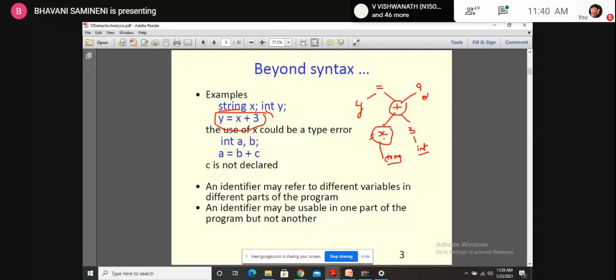If it is not, then there is an implicit type conversion between float and integer, but not between string and int. Okay, so here the error will be generated. That error will be sent to the error handler during the semantic analysis. So in this particular line, wherever we have written the code, we will get the semantic error. So this kind of error cannot be handled during the syntax analysis. That is one example, and let's see the other example.